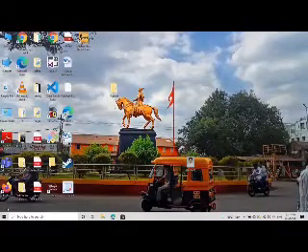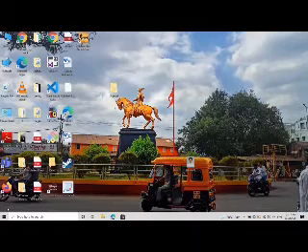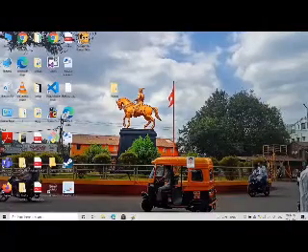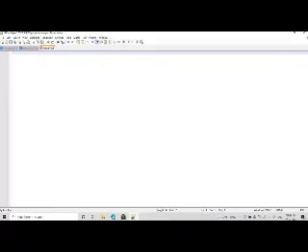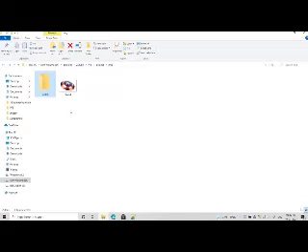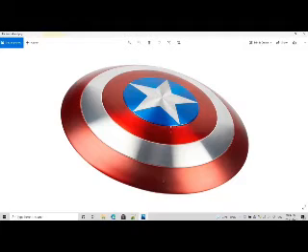To run this project, we need Python and the OpenCV Python library. As I have already downloaded this setup, let's start our project. I am using Notepad++ to run this project, in which I already created main.py file in this directory. This is our main file, and this is the image which I am going to convert into a pencil sketch.